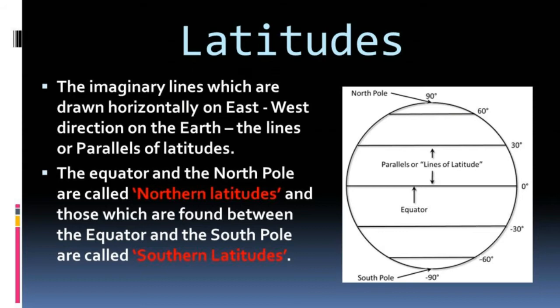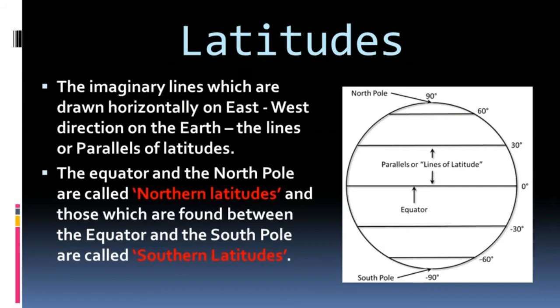The 0 degree line of latitude which divides the earth into two halves is known as the equator. From the equator, parallel lines are drawn toward the north and south poles at equal intervals. Since the earth is geoid shaped, the length of the lines of latitude decreases from the equator towards the south and north poles. The 90-degree north and south poles are not found as lines but as points.